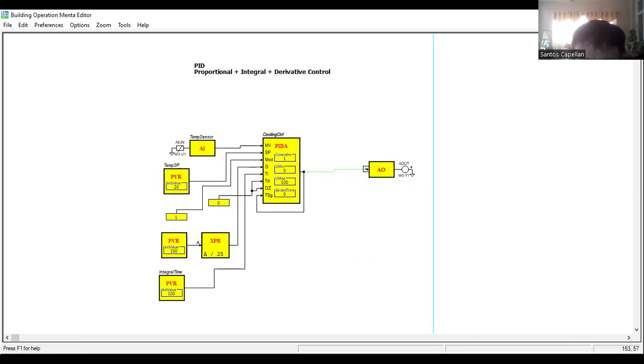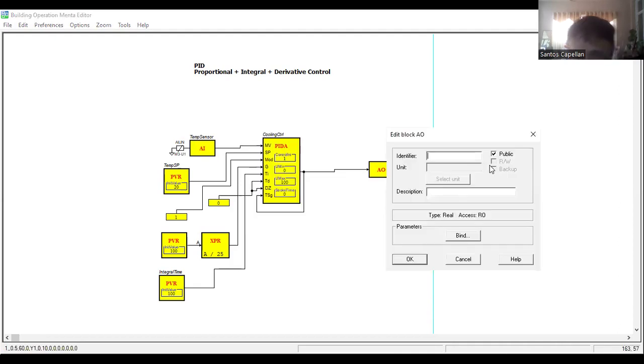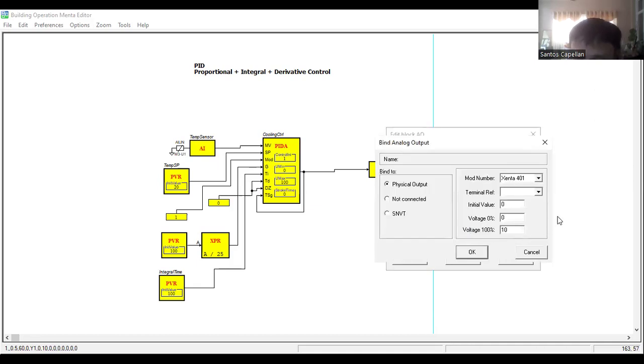Now I will put it here. Now let's identify this block. Again, by default it's also public. Now this one is valve CTRL. So valve control. So again, I can bind this. Let's see.